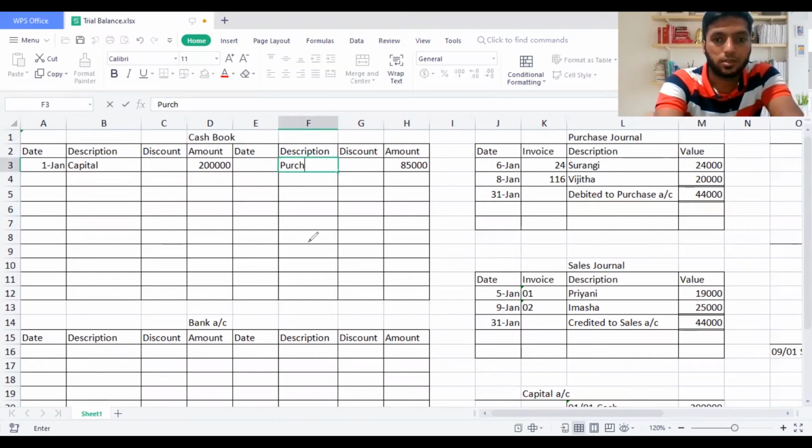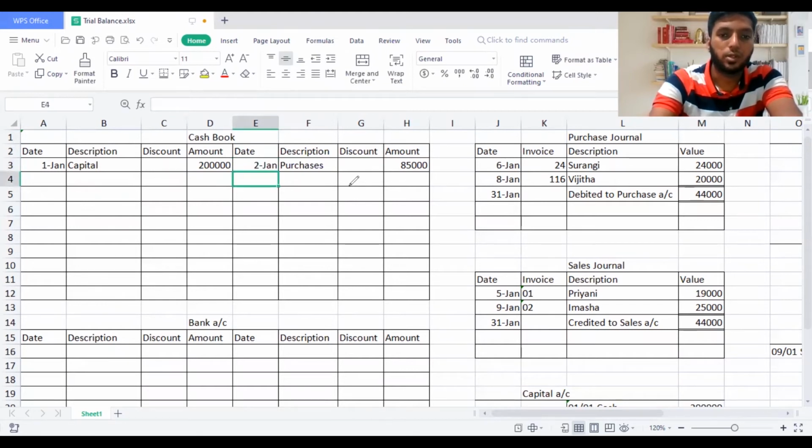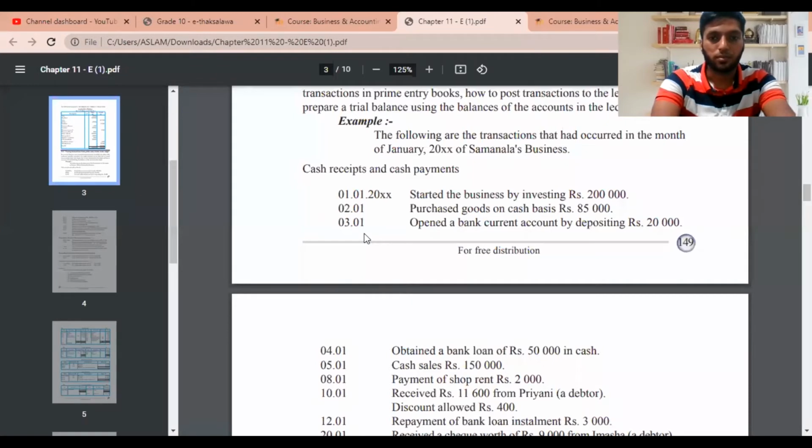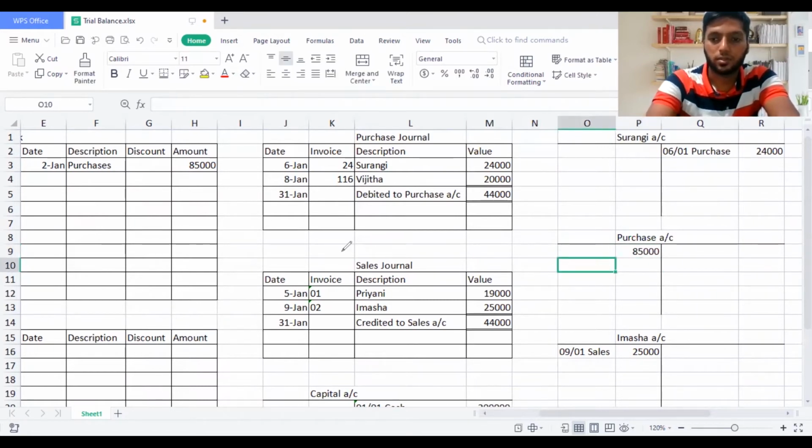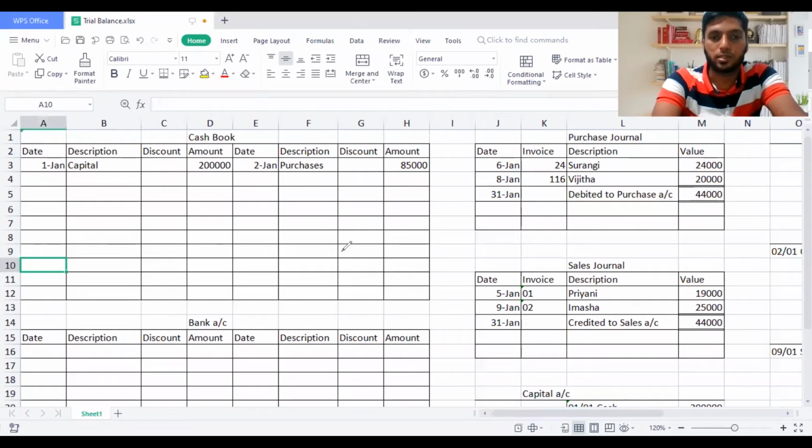So I'll write here purchases. What's the date they have taken? I think 2nd. So January 2nd, they have made a purchase. So this purchase 85,000 should be recorded under purchase account. Let's just check the values. So purchase 85,000, I'll record it on the purchase account. You opened up a purchase account, you remember. So cash book account credit means purchase account will become debit, saying cash. The narration should be recorded properly. I even taught you this in chapter number 8, how to do that. So then we will write 2nd January saying cash. That's simple. So 2 transactions are already done.